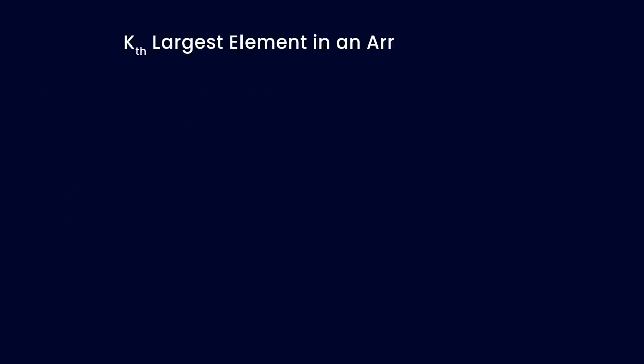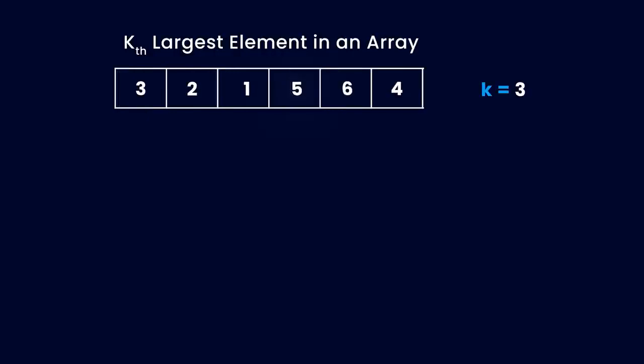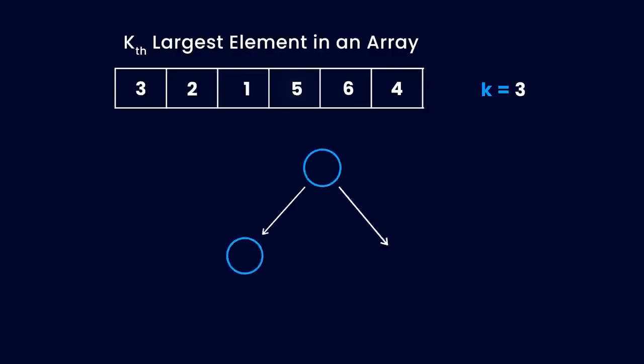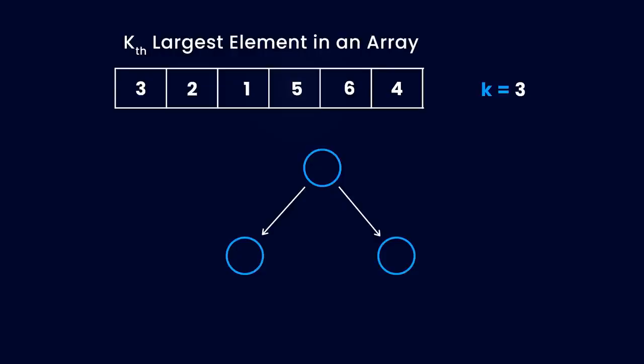To solve this problem, you need to keep track of the k most important numbers that you have seen so far. Since you care about the kth largest element, the largest k elements you have seen so far are most important. So you would store them using a data structure called heap. We'll come back to why we use a heap in a moment. Anyway, the smallest number on the heap would be the kth largest number we have seen so far. If the new number is larger than the kth largest number so far, you will remove the kth largest number so far and add the new number to the heap. We use a heap here because it makes finding and removing the smallest number very efficient.